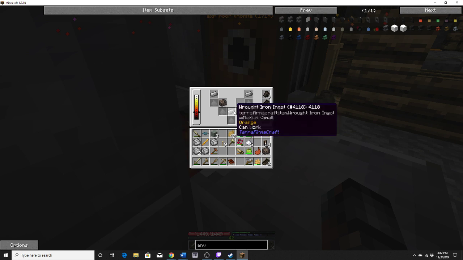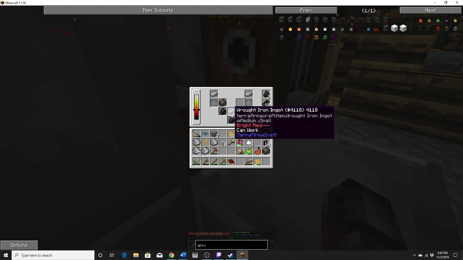Nope, not yet. Basically, like I said, the forge will keep the iron hot enough, but it won't actually melt it. It doesn't get hot enough to melt the iron into liquid on its own unless you really work the bellows. Okay, so we're going to go ahead and take